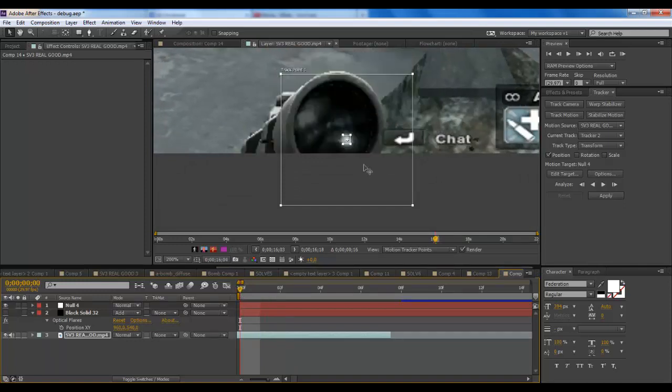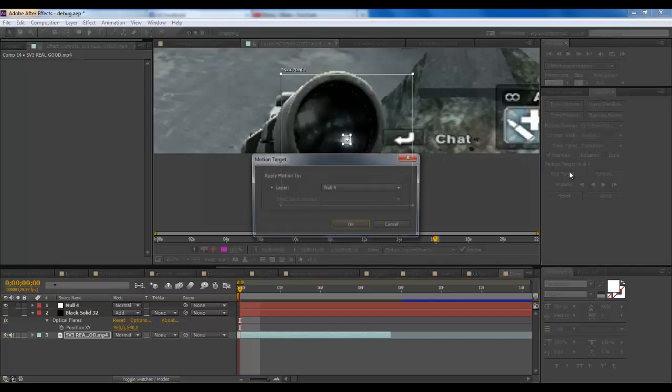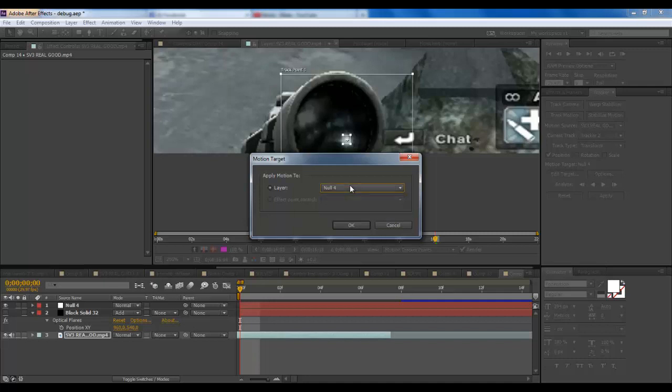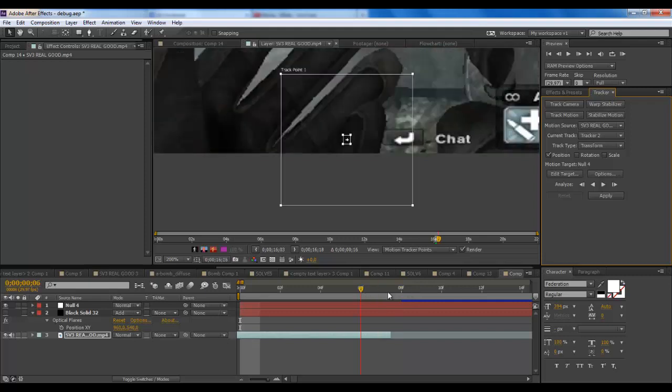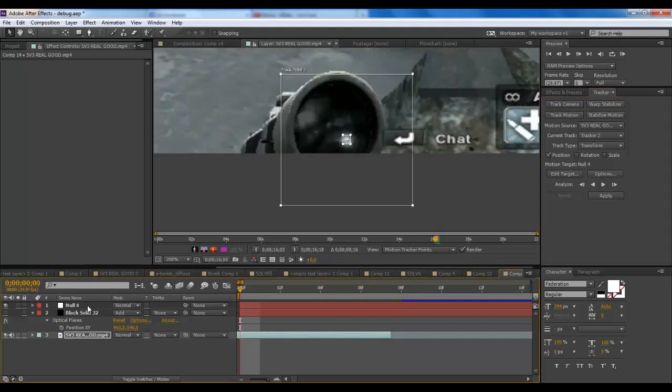So for example, I'm gonna let this here, and then you're gonna have something popping up right here, or on the side, whatever. It's just gonna look like this, and you want to click on Edit Target first, and refine the null object you just created, and then link it to the null object. If you make multiple motion tracks, you will have to make multiple nulls. Alright, and then when you get back here,